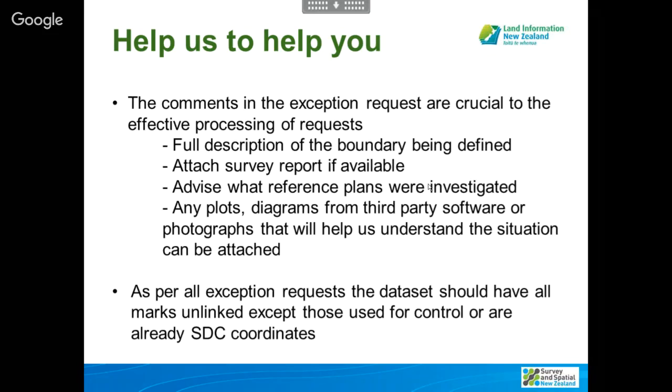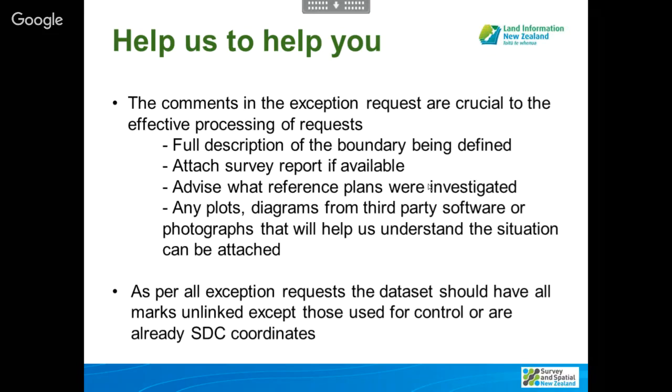If you've got a survey report that's already been written to support the evidence, it would be helpful at the exception process stage if that survey report was made available, because there's often very comprehensive explanations to the definition that might help us. If you can advise what reference plans were used to investigate and looked at, that's a good starting point for us as well. And as per one of the examples I showed earlier, any plots or diagrams, either from third-party software or photographs or